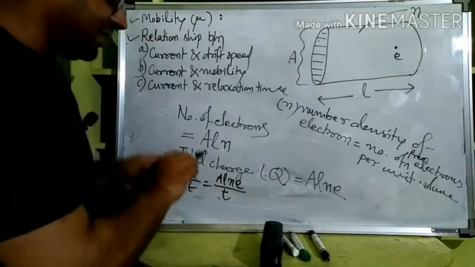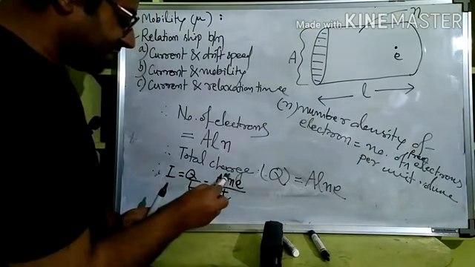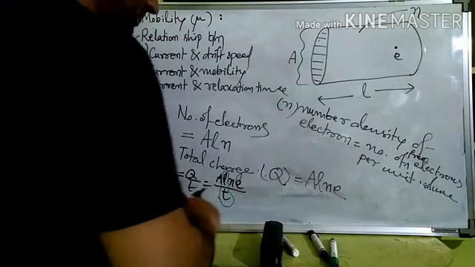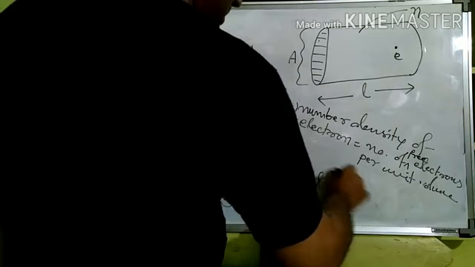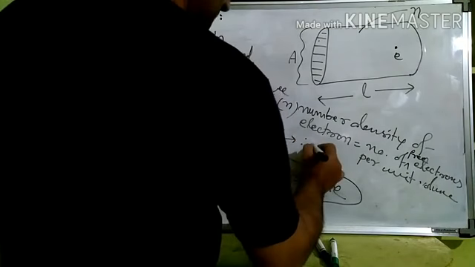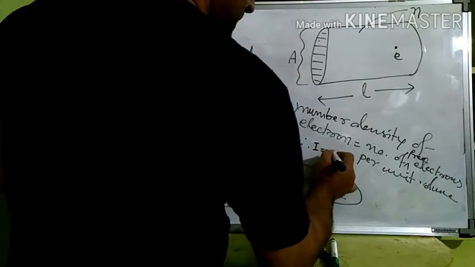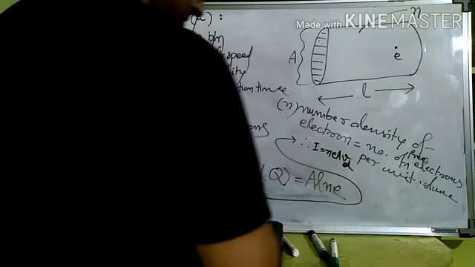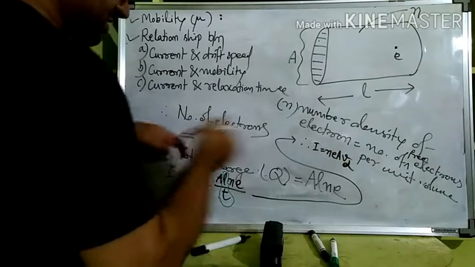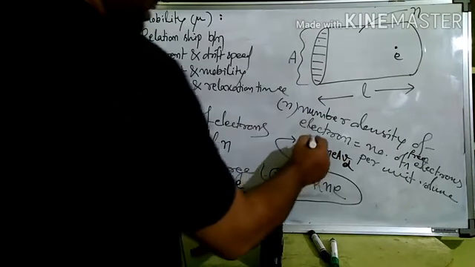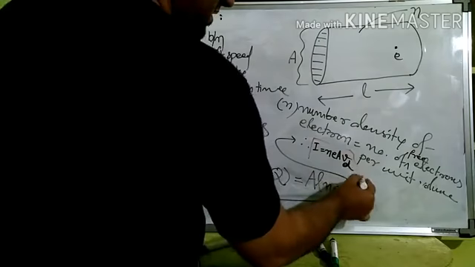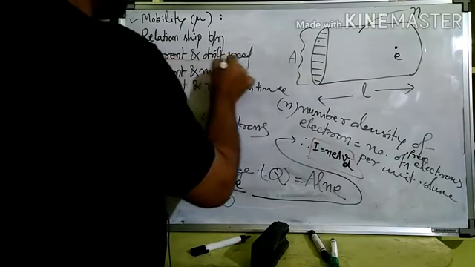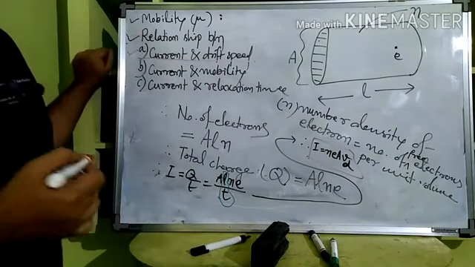Don't you think this L by T only is the drift speed? We have said already, right? This L by T is equal to drift speed. From here, what we conclude? Therefore, I is equal to NEA VD, right? For L by T, we just replaced as a VD, which is the drift speed. So this is the relationship between current and drift speed. This is over. Current and drift speed, right?